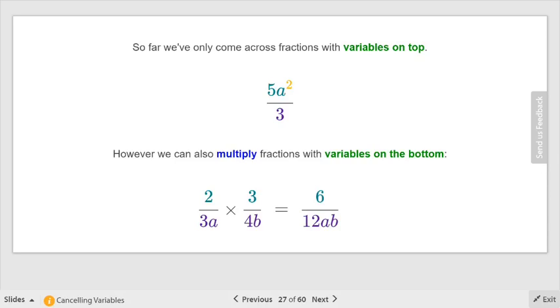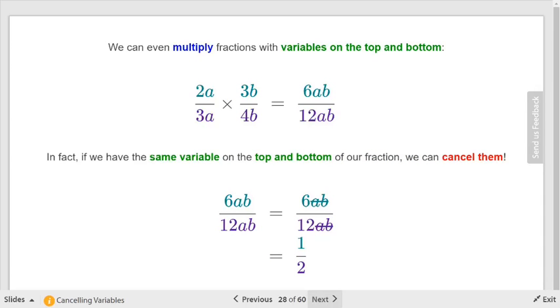Okay. So what we're going to do now is look at what happens when you have variables on the bottom. Do you think it's going to change the process at all? No. We wrote the rule. The rule is the rule, and it doesn't matter. It's never going to change. Okay? So let's look at